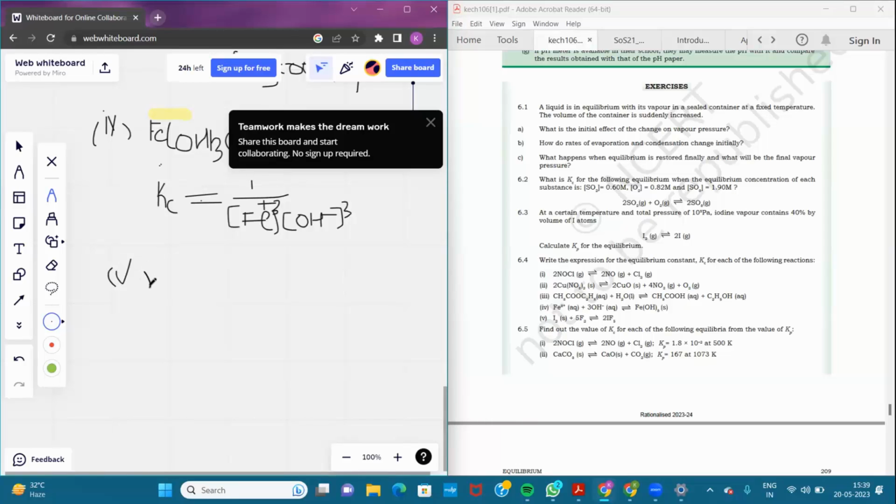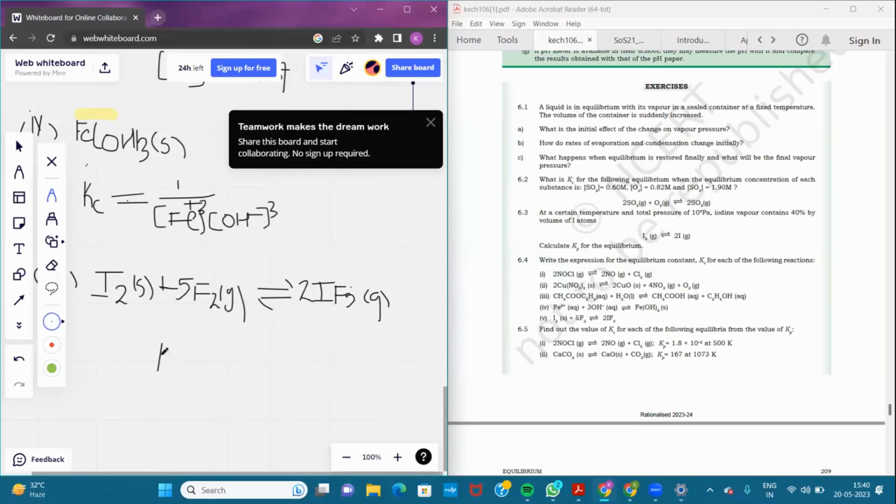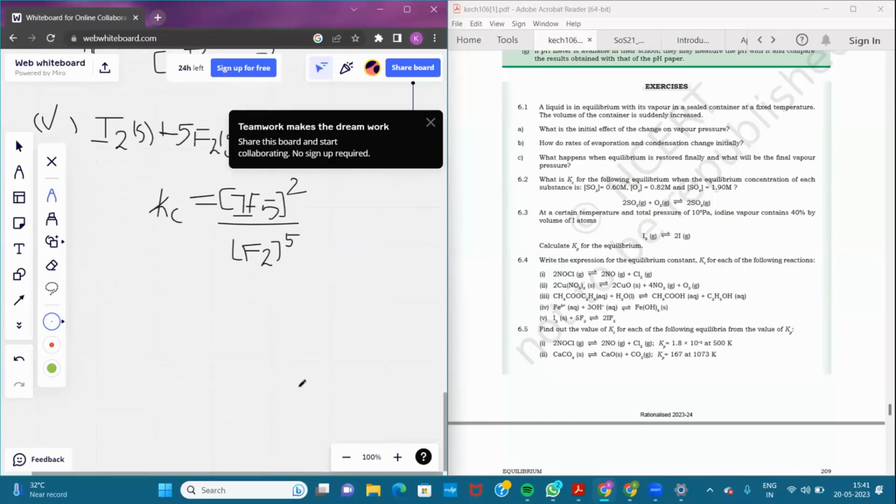here the states were not printed, but generally F2 occurs as gas, IF5 is also gas, this is gas, this is 2 IF5. Here Kc would be IF5 with stoichiometric coefficient 2, so we'll raise this to the power 2 and this to the power 5. Here, an important note from this question is that pure solids and pure liquids concentration